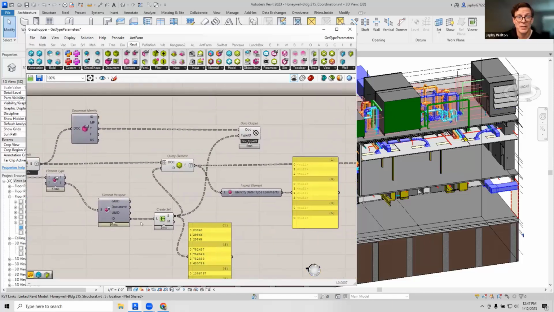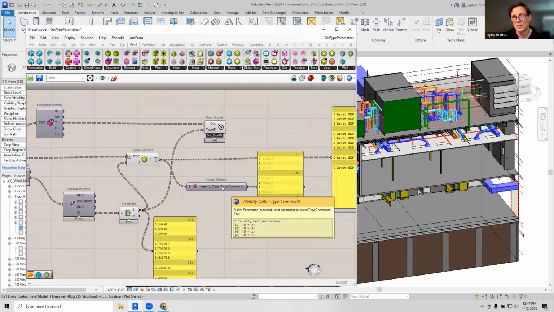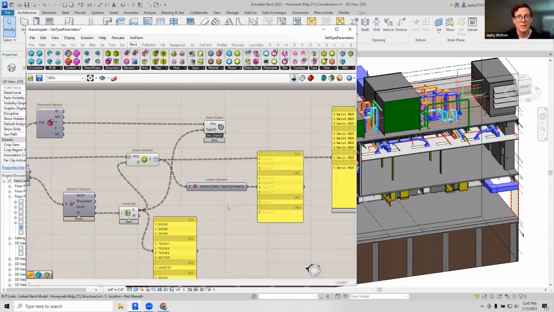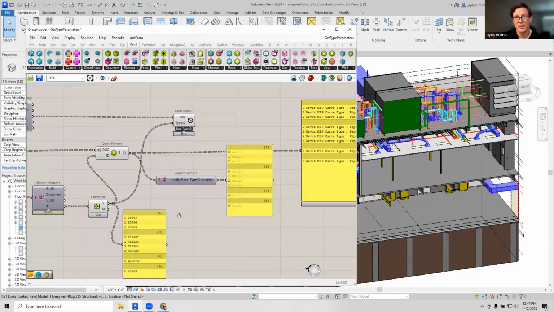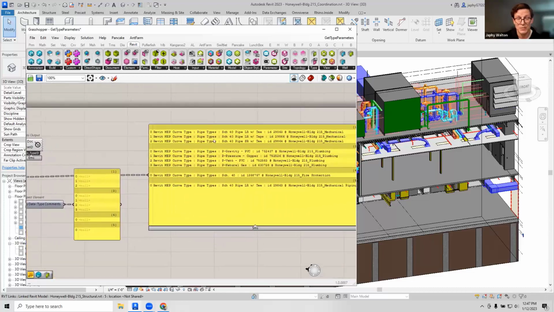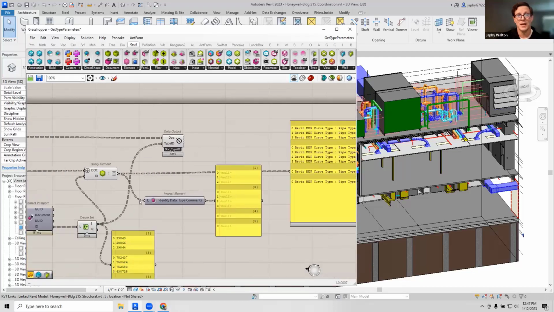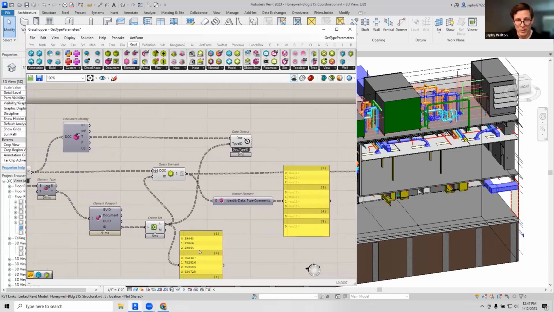And what I'm doing here is gathering all the types. In this case, maybe I wanted to put a type comment on all those various types in all these projects. So we end up with these four projects with these odd types. And I'm feeding the element ID and the project name into a data output component. So that way